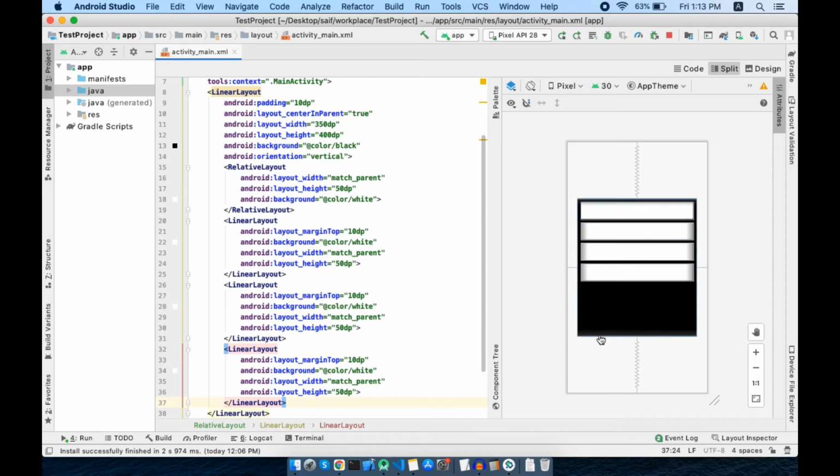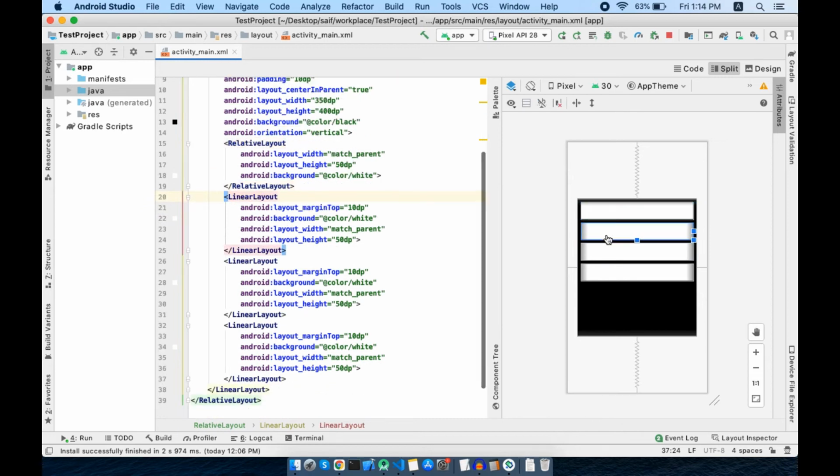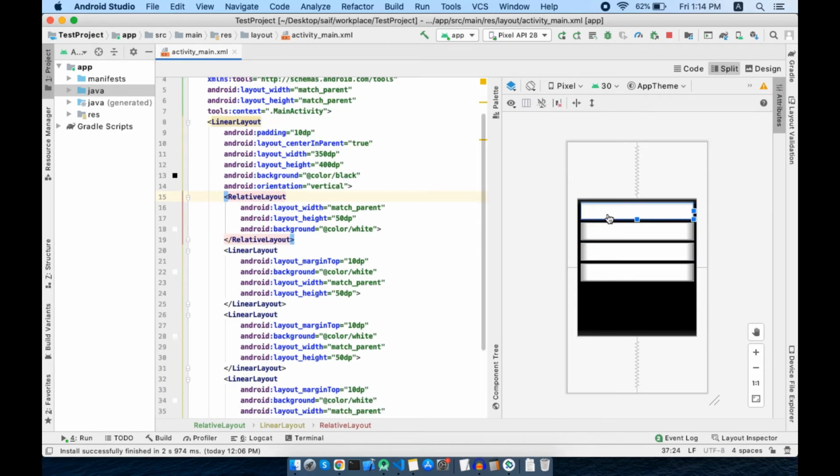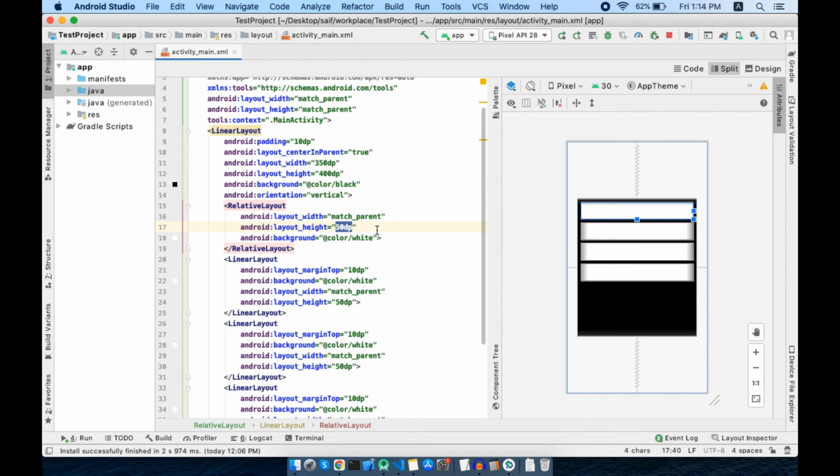I want all these containers to have flexible height to cover up the whole black box. For that, I have to remove the fixed height and set the layout weight property and give them percentage. Each container will have 25% height of the black box. So let's remove the height.